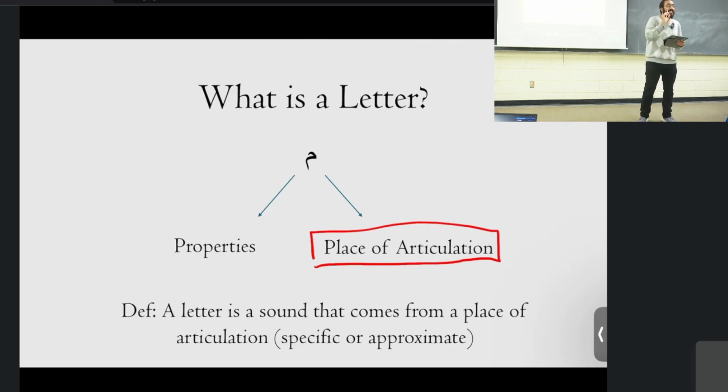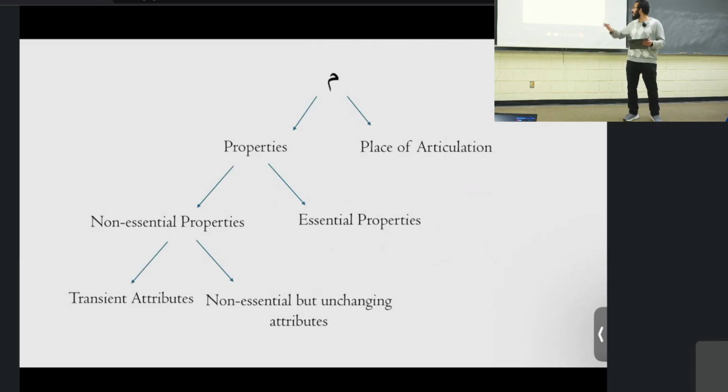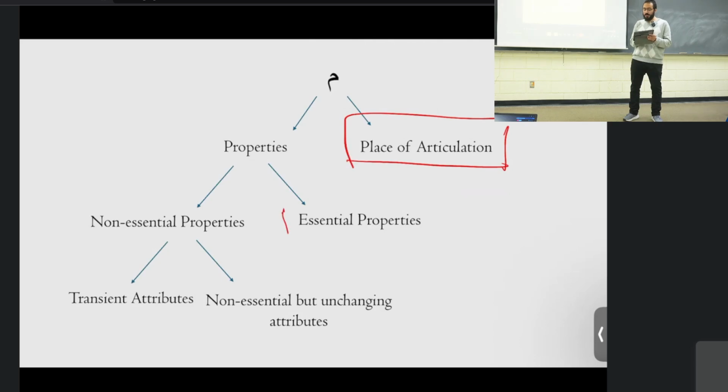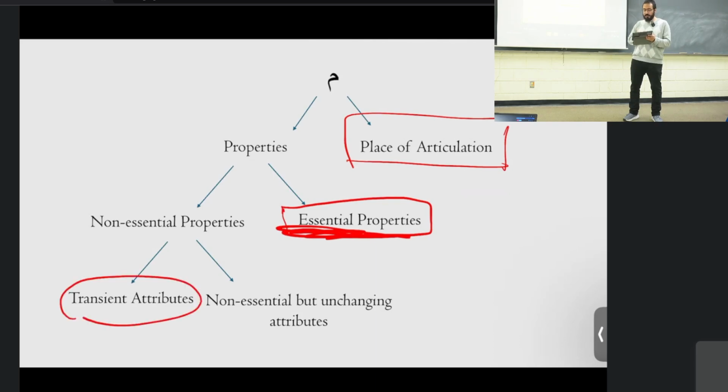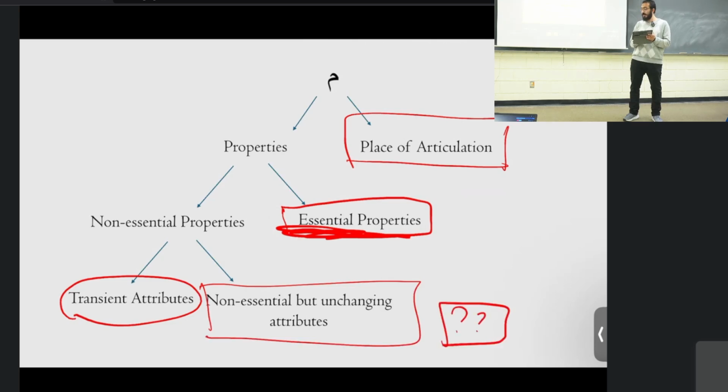So, the letter here, we talked first of all about the places of articulation, right? Places of articulation is the physical instrument where I emit the letter. And then we talked about properties, right? So, that's the big thing that we have to get through. We finished place of articulation completely, and we started talking about essential properties. Then we talked about that the rest of Tajweed is this. And then we said that this one is a confusing one. And this is the first time today we're going to have an example of this part.